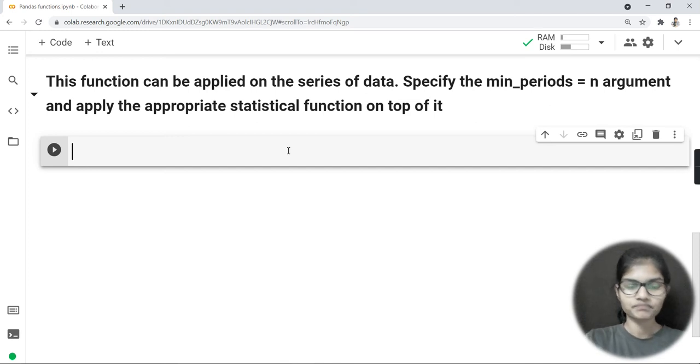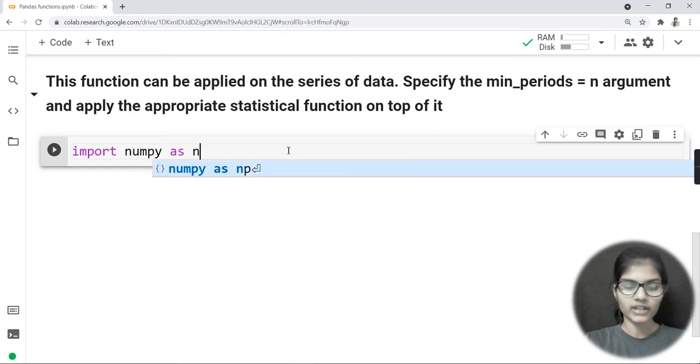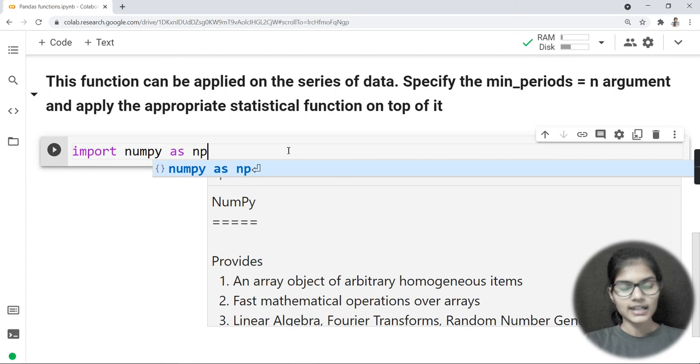So first I would be importing my libraries, because as we all know, and as I tell in almost every video, the first step whenever you are going to use any library is that you need to import that library. Firstly I would use numpy, because I would be using the random function here. In that case I need to import the numpy library. So import numpy as np.